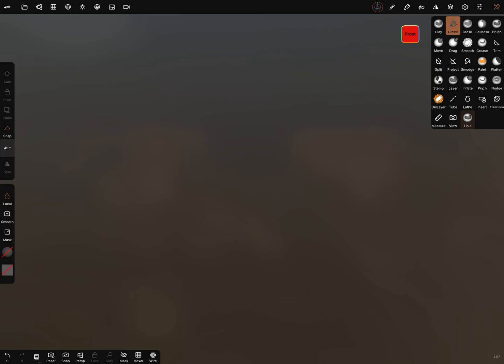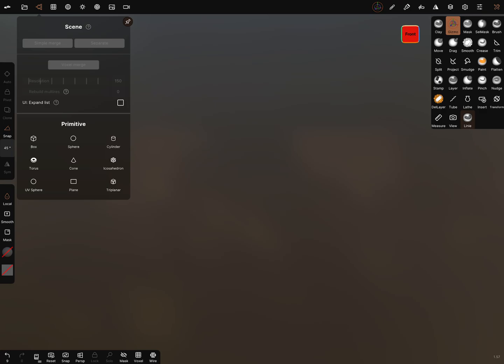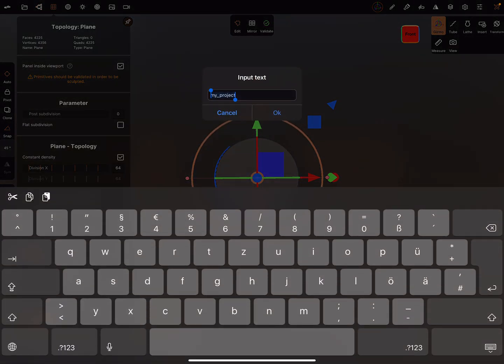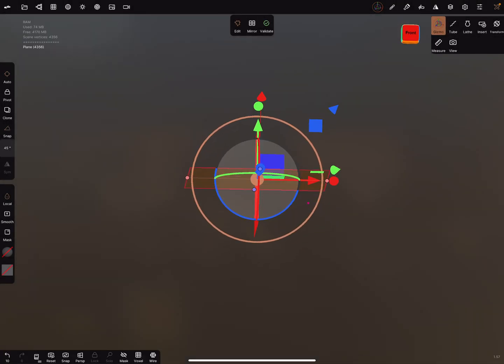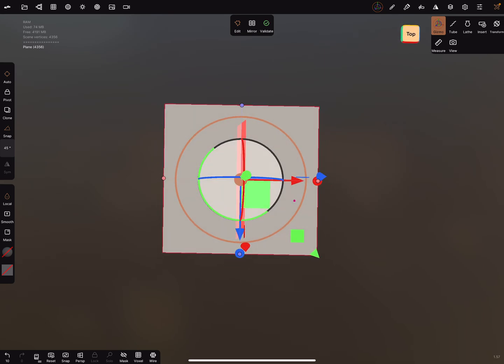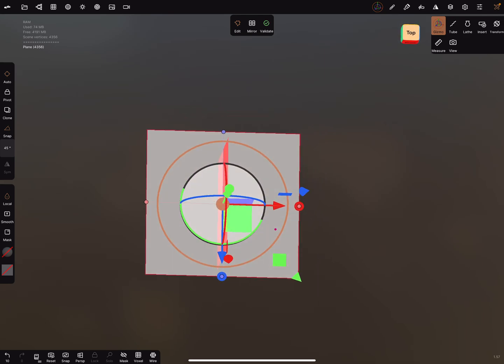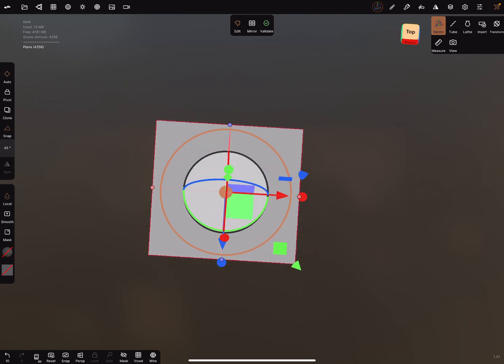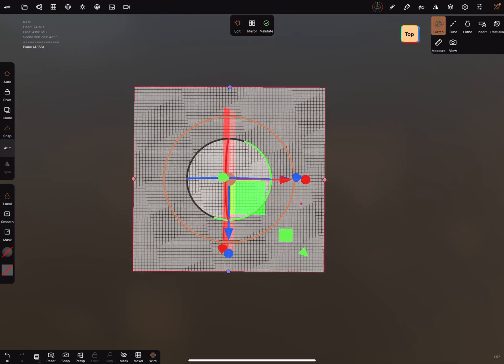The better way, I think, is to add a plane. Okay. In the top view, you can rotate the plane in the direction you want. And I turn on the wireframe, and